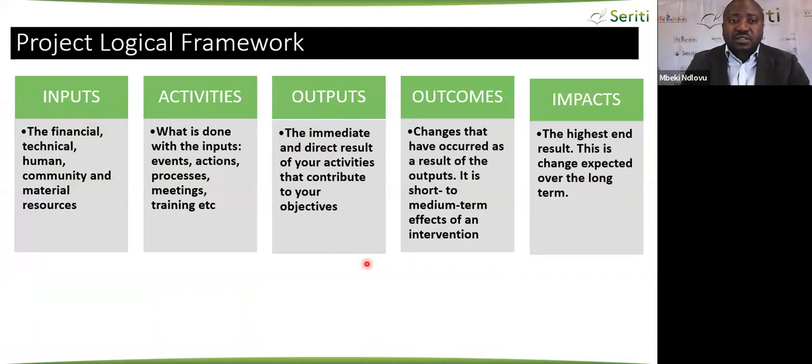Now, this slide shows us a definition of what an input is, what activities, outputs, outcomes, and impacts. So outputs, I think I'll start with outputs. Outputs being the immediate and the direct results of activities that contribute to the objectives. And outcomes being changes that occur as a result of the outputs. It is normally in the short to medium term, and then impacts are the highest end results that we normally get